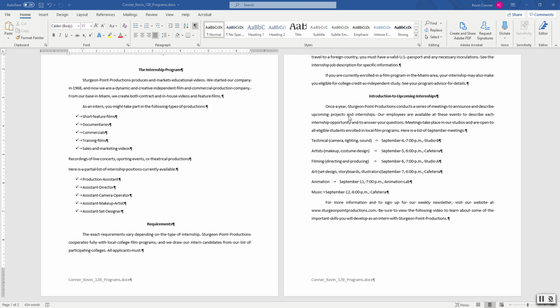The next thing they're going to do is a numbered list, and they're going to have you use one of the auto features. I'm not going to type out everything here, but they'll have some text that they're going to have you type out. At the end, you can see they're going to have another list here. It's in that paragraph after the heading Requirements. You can see there's a colon where they indicate they're going to start a list. So I'm going to hit the enter key after that, and then